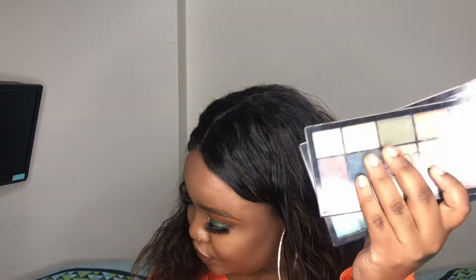Today I created this fall look here using these two Technic palettes. They're not new, but they're new to me, so they're new. So I used these two, and I also used a brand new bronzer, which shocked me. But yeah, so if you want to see my impressions and all of that good stuff, then keep on watching,